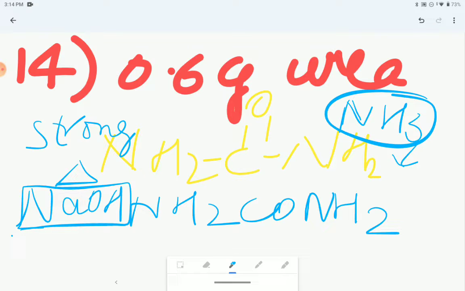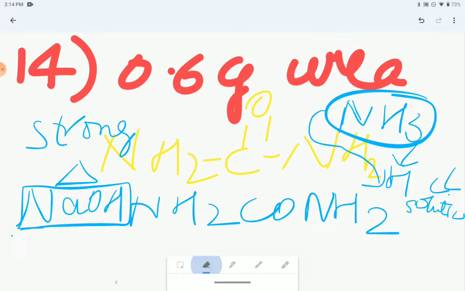They gave some HCl solutions in the options, with different volume and different normality. We should find out which of the following HCl solutions this produced NH3 will combine with completely. So to do this,